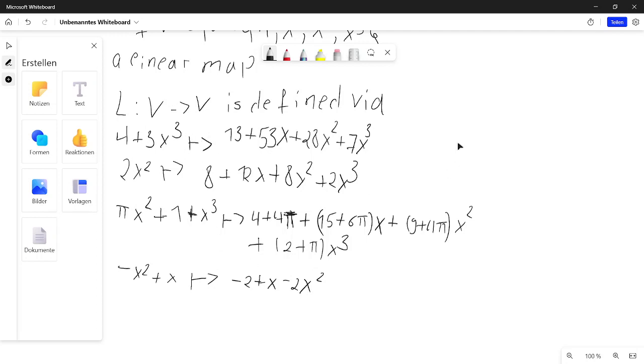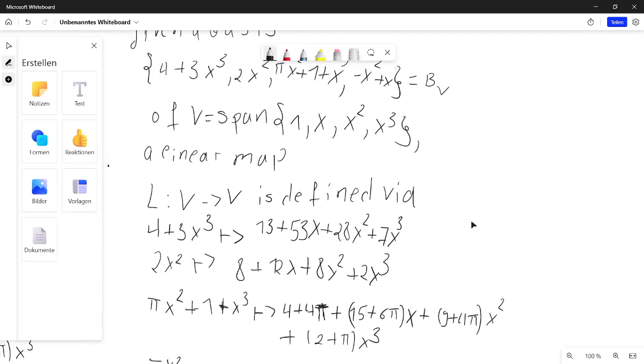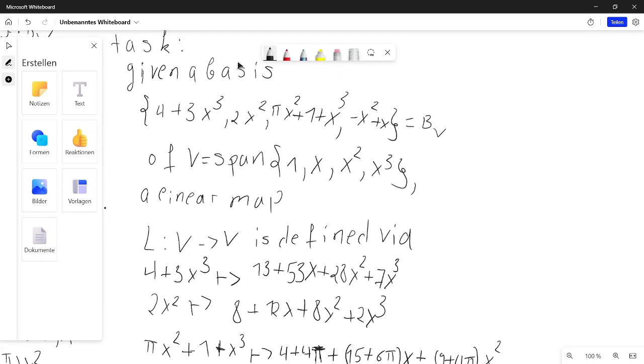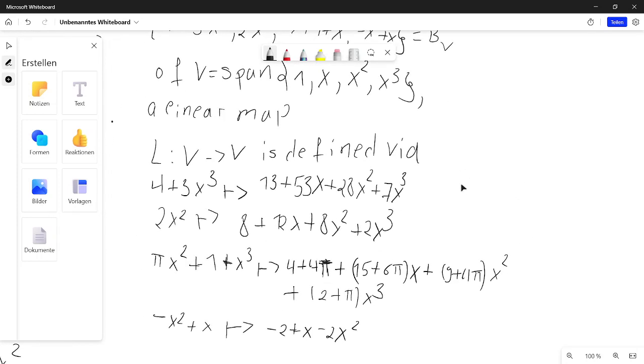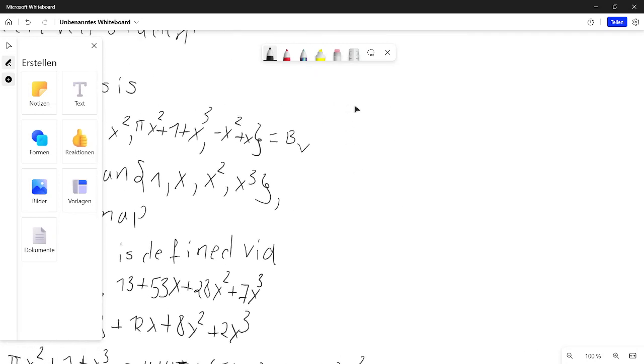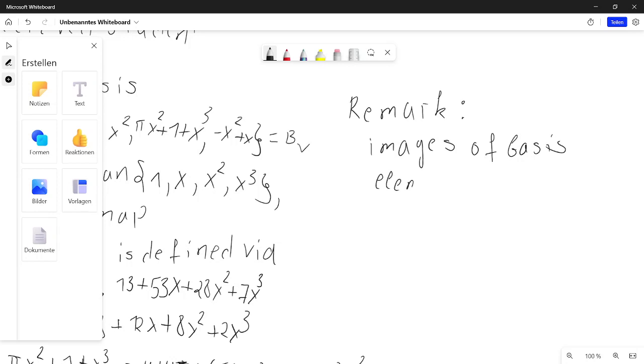Right, and then the thing is, why do they suddenly say that this defines a linear map, even though it's just four mappings? Well, they claimed that what is mapped here, and for which the images are given, is a basis. And here, a short remark, because it's very easy to see. Remark: images of basis elements of a